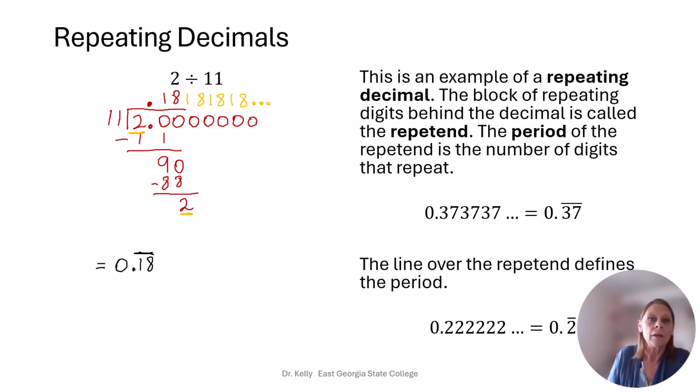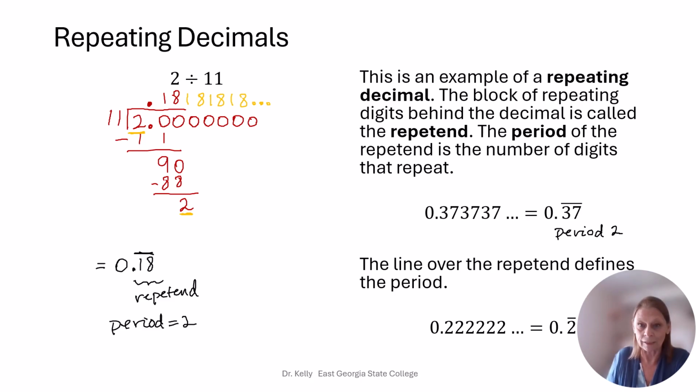So the block of repeating digits behind the decimal is called the repetend. So this is the repetend. And the length of the repetend is called the period. So here the period is 2. Over here on our example of 0.373737 and so on, that has a period of 2. And you can't see it because I'm actually personally in the way, but this does stop at the 2 here. So this is just a period